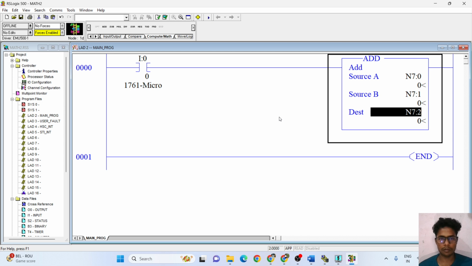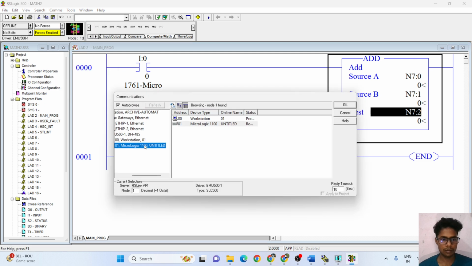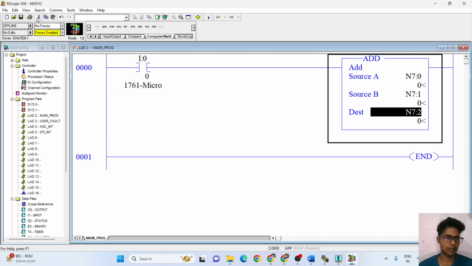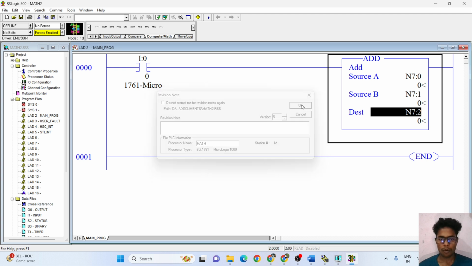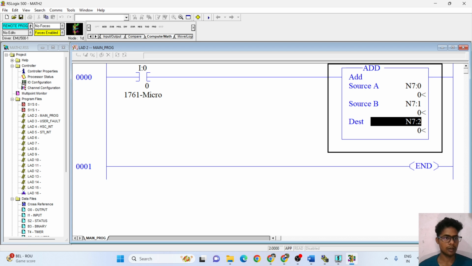Okay, here you have to save this program and go to communication active. Then cancel. And then you have to press yes. Run mode.